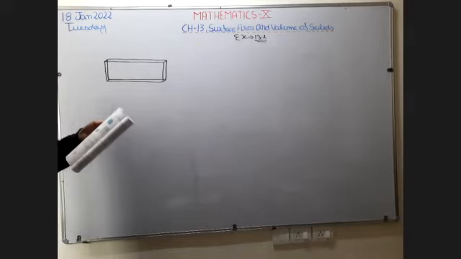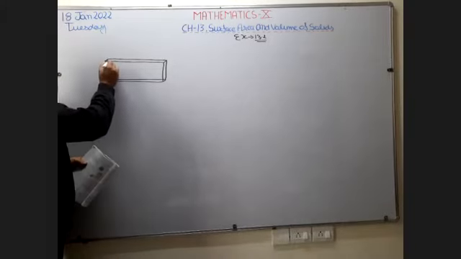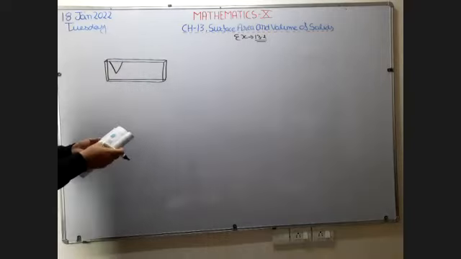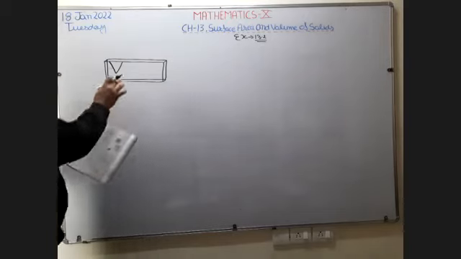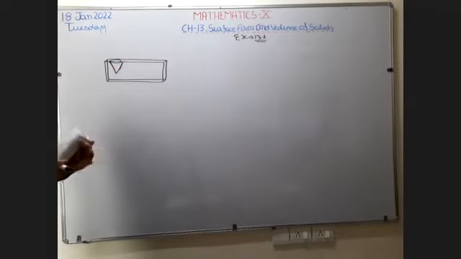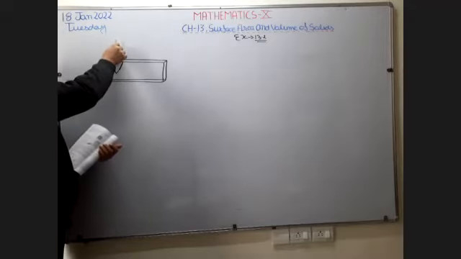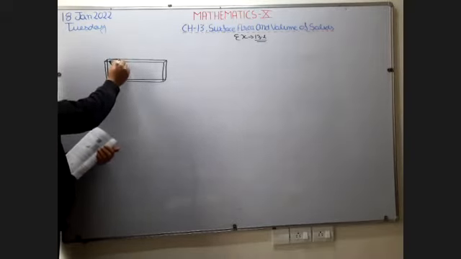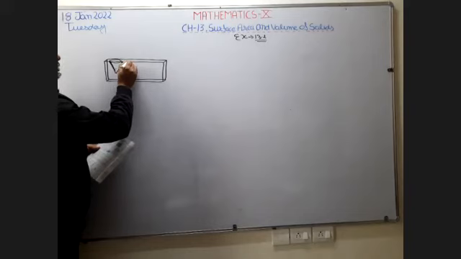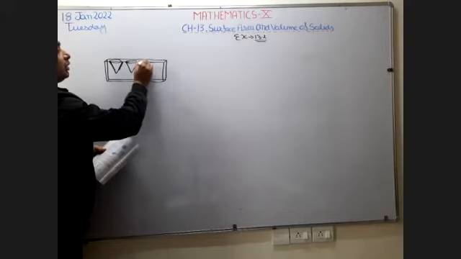With 4 conical depressions to hold pens. Now we are going to make a hole in the shape of a cone to hold a pen in the stand. See, in the figure it is given. Why are we going to make holes in the shape of a cone? Because the tip of the pen is in the shape of a cone. If we want to hold the pen in the stand, we make the shape conical. It is given in your question also. So how many shapes are there? 4 shapes are there. All shapes are equal to each other.